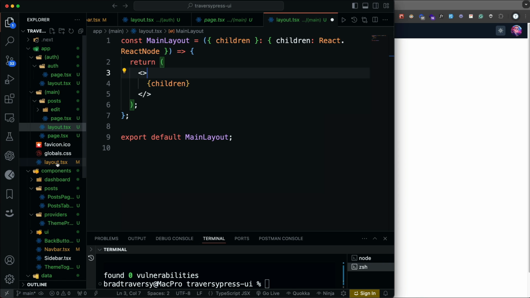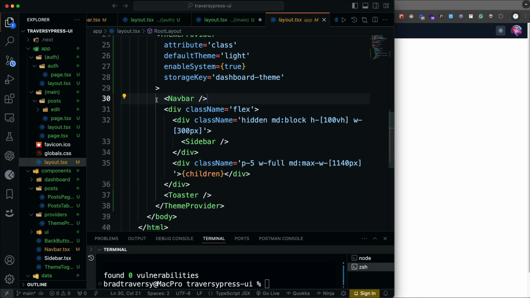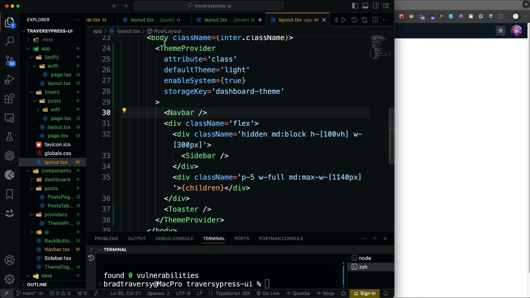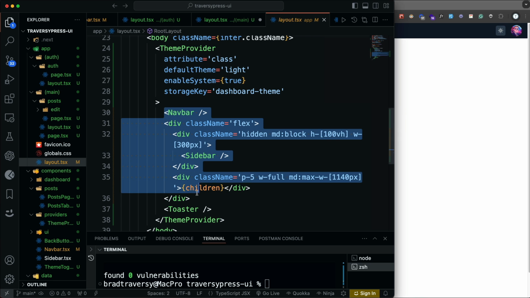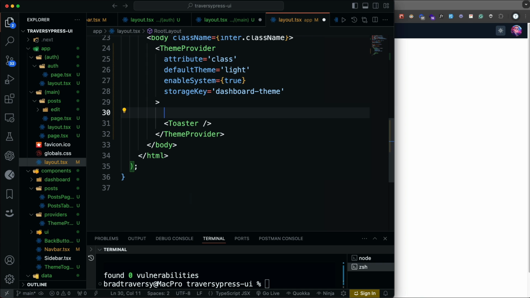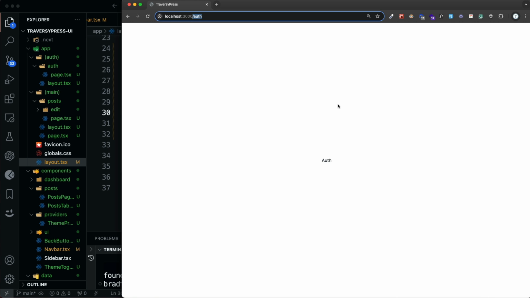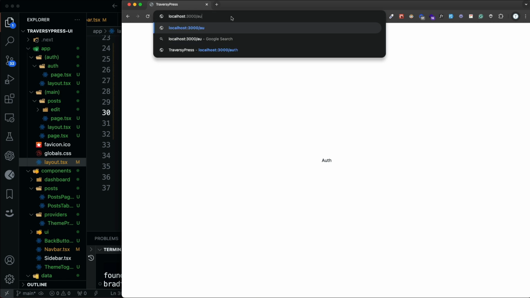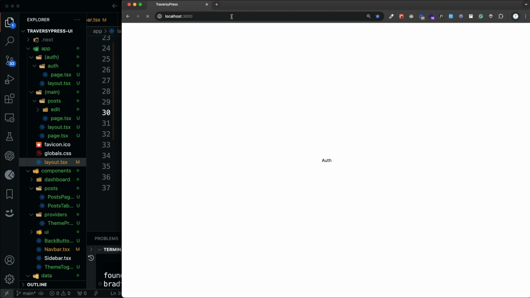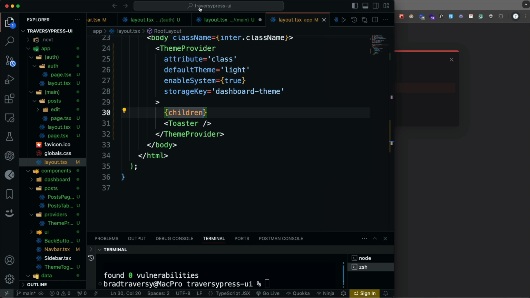And then from the root layout, let's see, the theme provider can stay, the toaster can stay. I just want to get from the navbar to this div. We're going to cut that and then just put children here so that the root layout doesn't use the navbar and sidebar. So now auth, you can see, is just put in the middle. If I go to the home page, we're getting an error